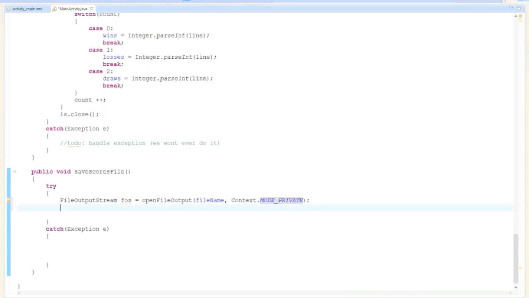So now we create a buffered writer, and this is very similar to the buffered reader, in that it handles buffering of the files, and then it passes it to the output stream writer, which actually writes one character at a time, and that writes to our file output stream. So we pass through the appropriate